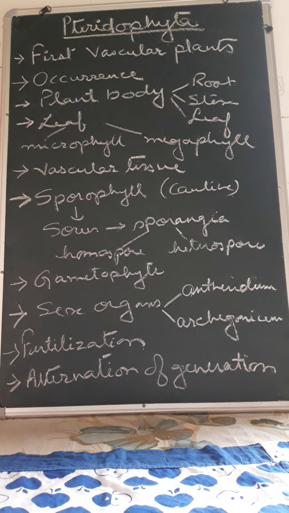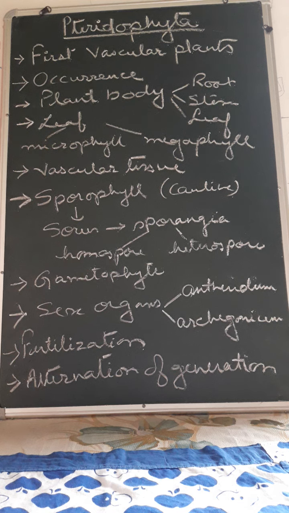For example, Marsilea. Marsilea occurs basically in rice fields or in small water bodies like ditches, etc. And it is similar to another terrestrial plant which we locally call Bor manimoni. I hope you all have seen it. So that Marsilea plant is exactly similar to that type. Now, the size may vary.